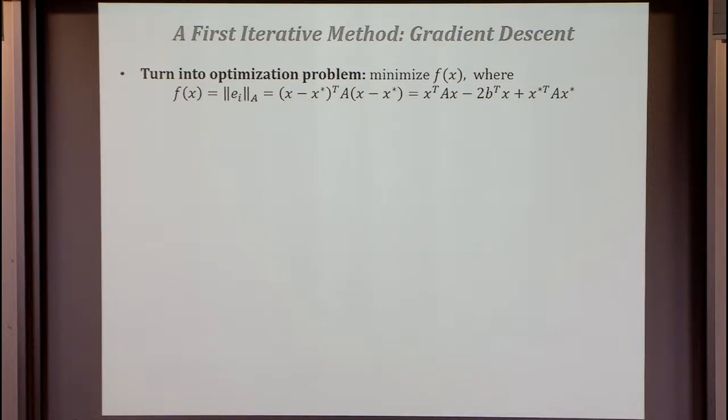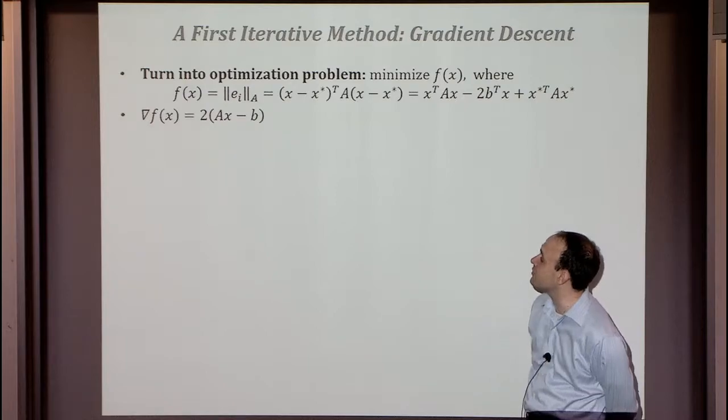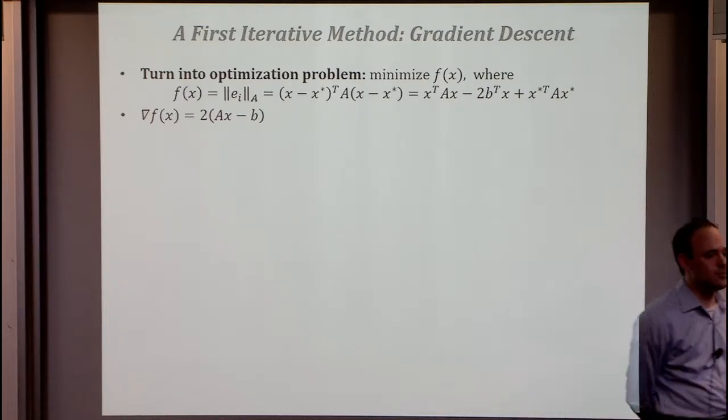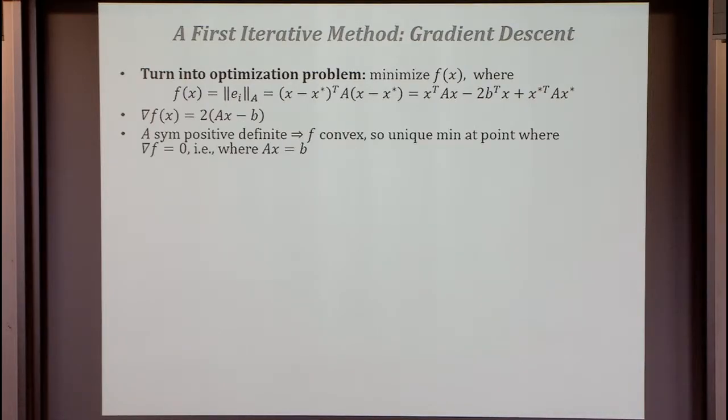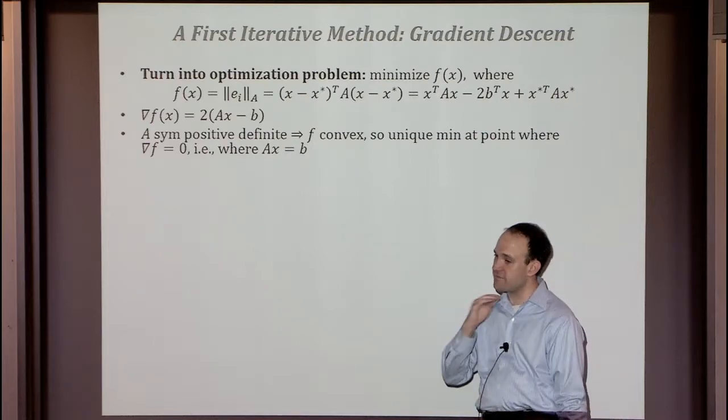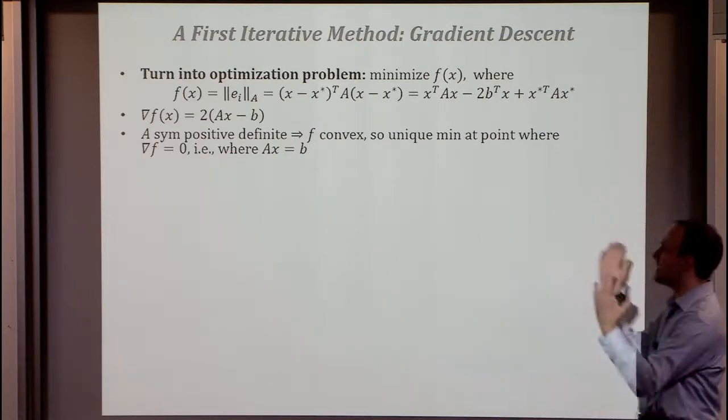And then we're just going to try to improve it by gradient descent. So the idea is we'll compute the gradient. If you do the algebra correctly, you get the gradient is 2 times (Ax - b), which conveniently just equals the residual times 2. And note that if I make A symmetric and positive definite, as I have, then this thing is a nice convex function.